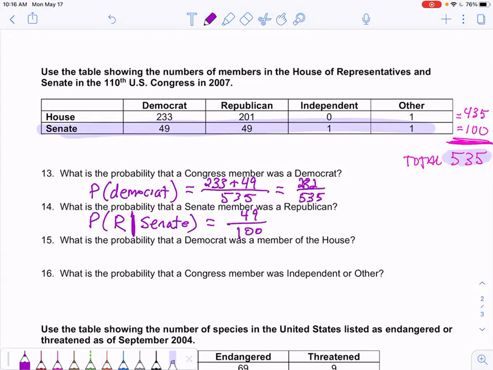Next, it says, what is the probability that a Democrat was a member of the House? So now we're writing the probability of Democrat given House. There are 435 House members. And then we look at the chart, and there were 233 Democrats. There. A few problems to finish up on the front and a few problems to